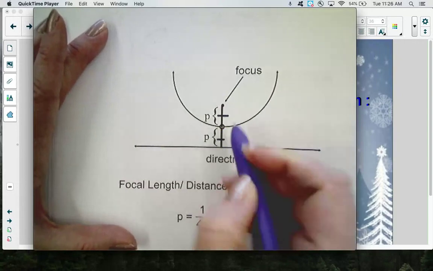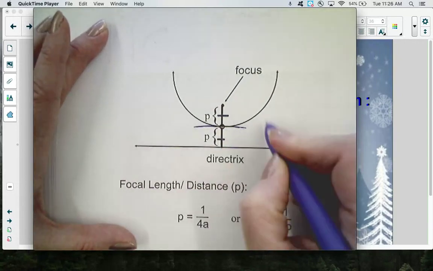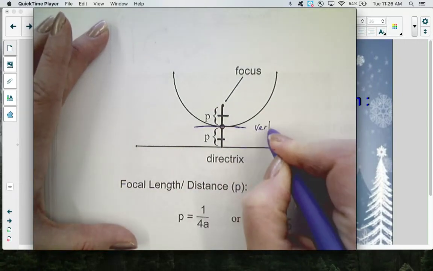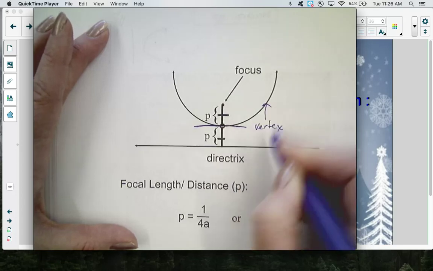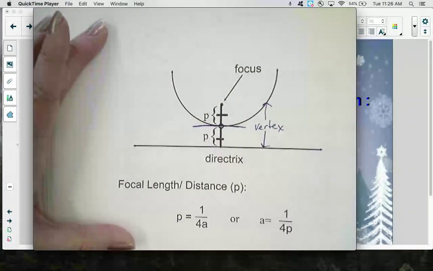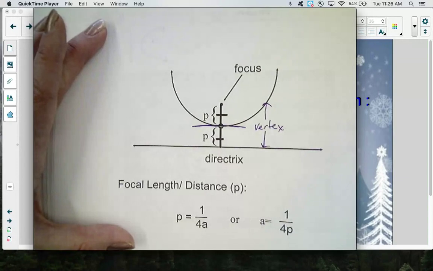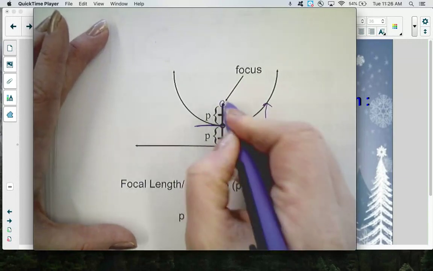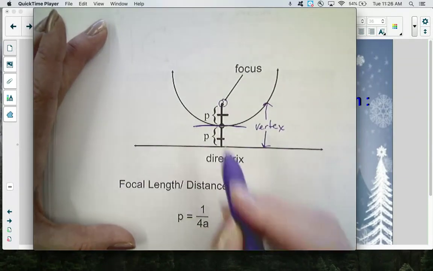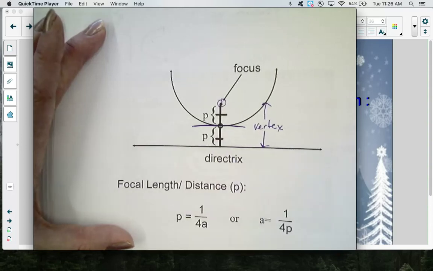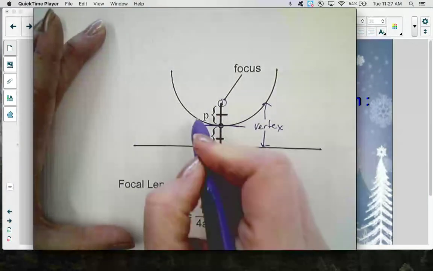Do you remember how I said it was equidistant? The distance from the vertex up is the same distance as the vertex down. Are you okay with that? That vertex up to our focal point is the same distance as the vertex down to the directrix. That distance